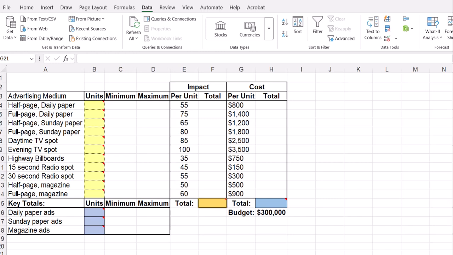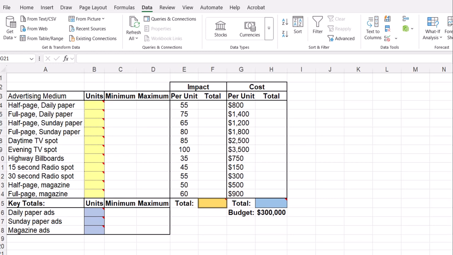So what you've got to do is to create your minimums and maximums, and then create the totals for your impact, total for your cost, come up with your total impact, the constraint for your total cost, and then the key totals for daily, Sunday papers, and for magazine ads. So, for instance,